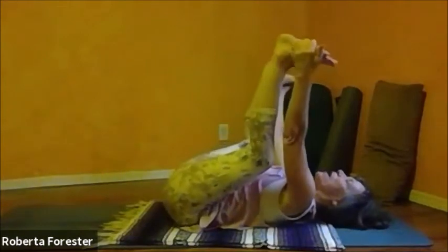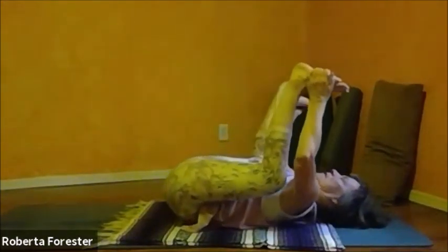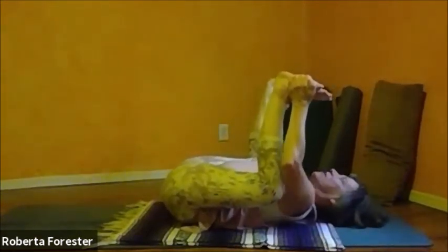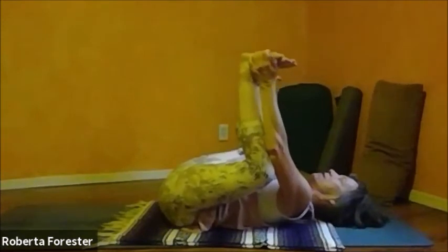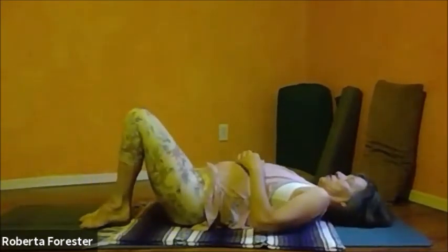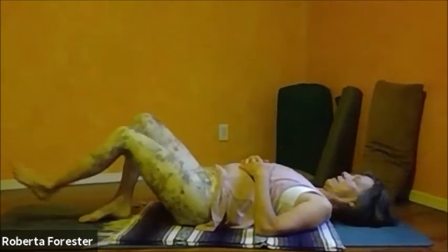Let's take about 4 more breaths, so whichever side needs your attention, let it have a few breaths. And then come back to your regular Happy Baby. Give yourself a nice knee to chest squeeze here. Then release the legs. We're coming into our final active pose, which is just going to be like a recline